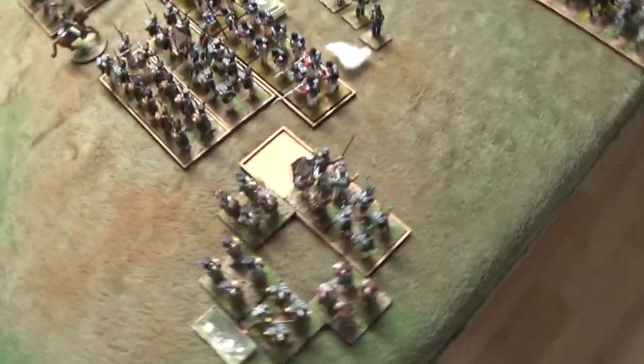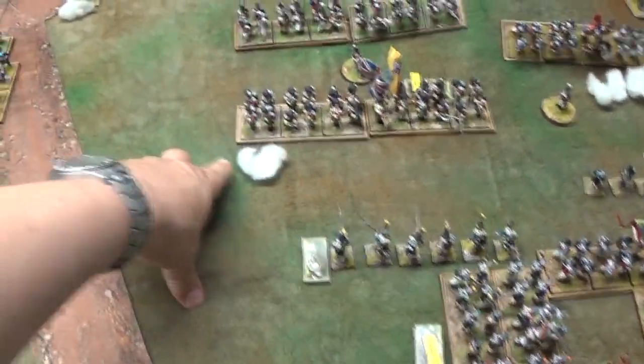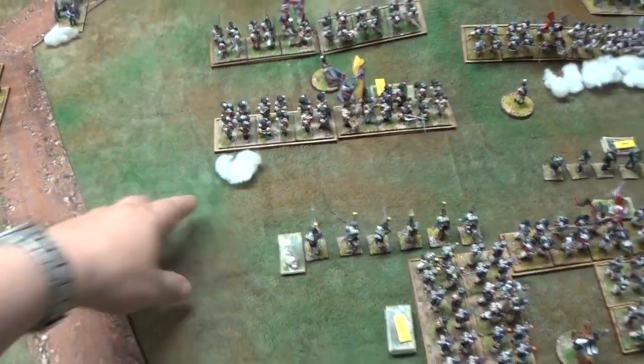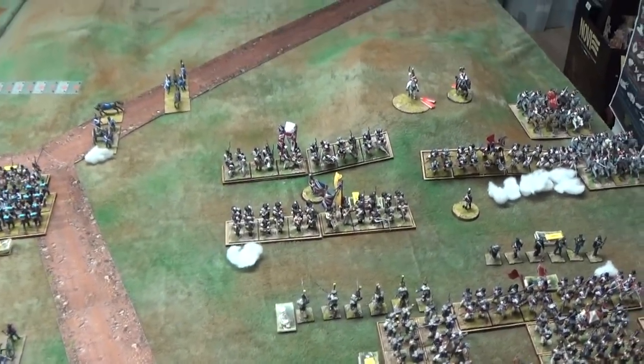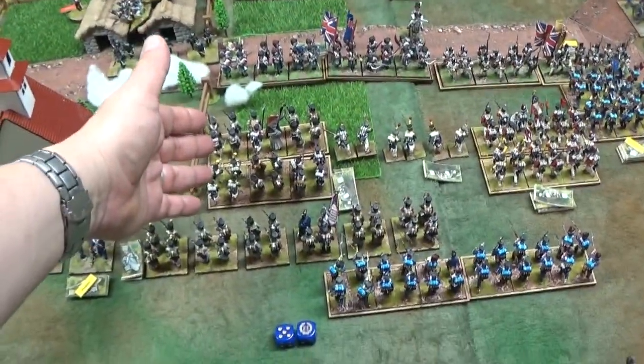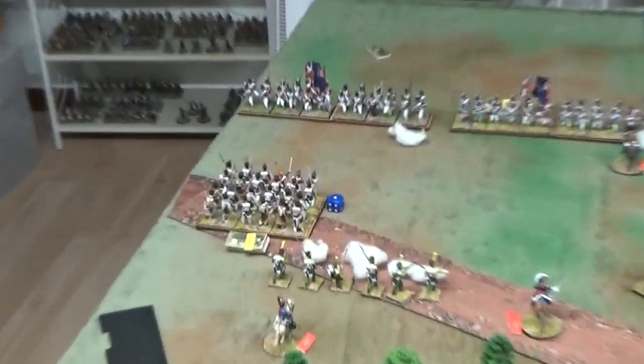The fire from the Guard area put 1 casualty into the square, 1 casualty into this one from the skirmishers of the Gordon Highlanders. No charge is possible at the moment, so in the center the same, 3 casualties put here from the 95th Rifles supported by the Black Watch, and 2 casualties put onto the Grenadier down there from the skirmishers of both the